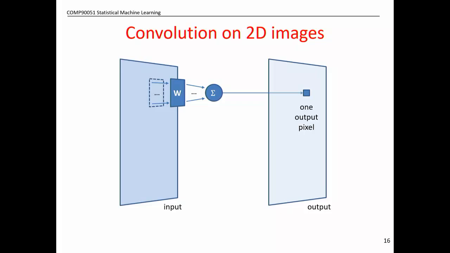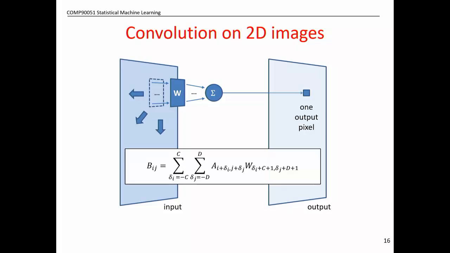And I'm using the word pixel because you would see this with images. This is sliding along like this. And here it is in maths. It's a nested for loop. When I'm calculating one of these output pixel values or feature values, I've overlaid my weight matrix onto the image somewhere, and I've got to do a sum across the rows and columns of these two things. So that's why I've got a double sum. It's exactly the same thing.